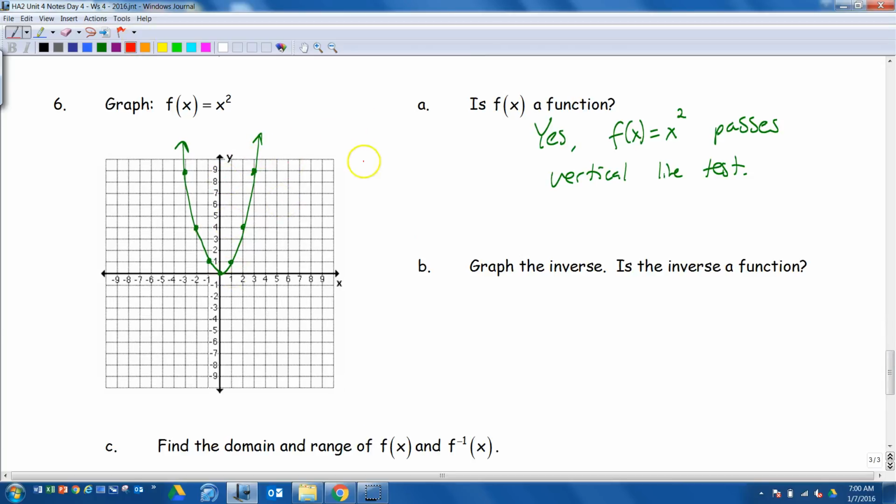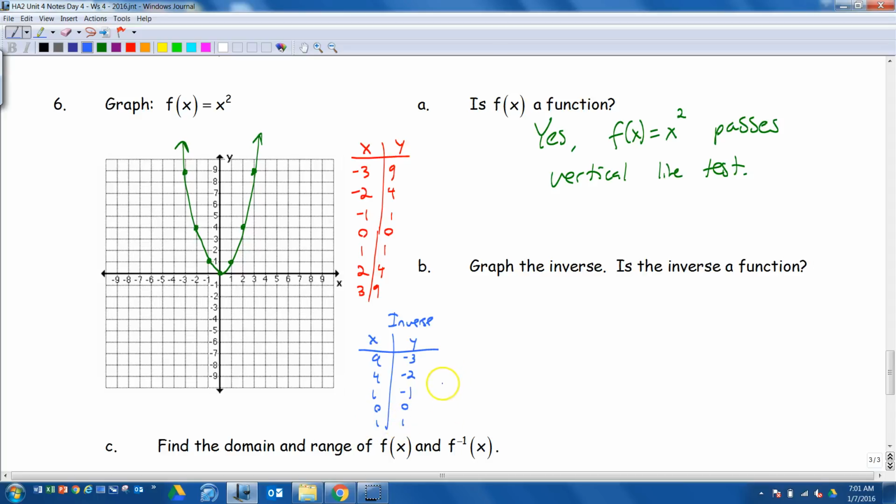I'm going to map out all these points, so I'm going to do an XY chart real quick of everything I did. So I had negative 3 gave me 9, negative 2 gave me 4, negative 1 gave me 1, 0, 0. You can get these from your table if you need to. So that's the original, right? So the inverse is if I switch them. For the inverse, the inputs and the outputs are switched. So I now have 9, negative 3; 4, negative 2; 1, negative 1; 0, 0; and the same thing, 1, 1; 4, 2;